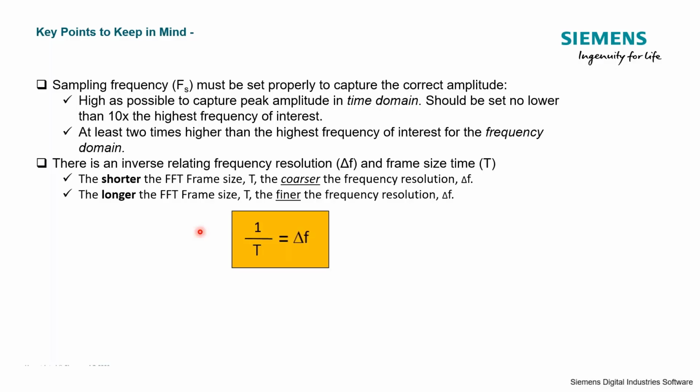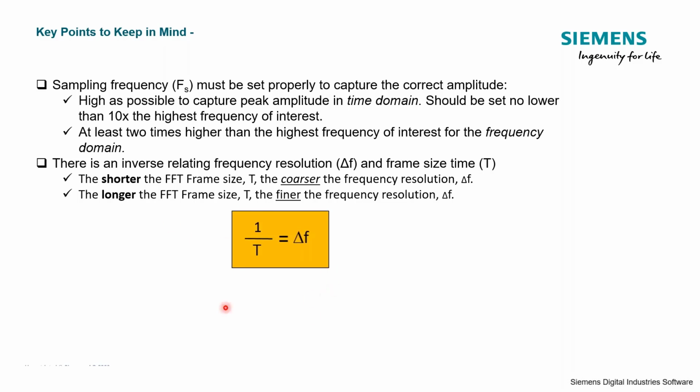So some key points with regard to sampling frequency. If we're sampling in the time domain, we're working in the time domain, we understand the dynamics of our system, then we have to set no lower than 10 times the highest frequency of interest for us, and probably much higher than that, right? So we can capture the correct amplitude as well as we'll have a good waveform. Now, if we're working in the frequency domain, it's much less, right? Really only 2.5 times the highest frequency of interest with what we need to do.